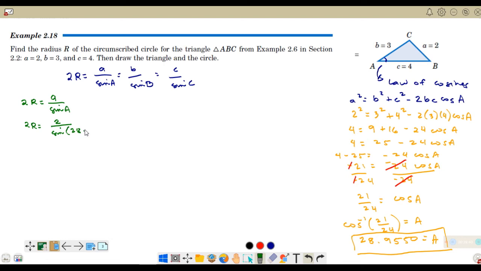Sine of 28.9550. Yan. If you are going to compute for the right-hand side, you will end up with